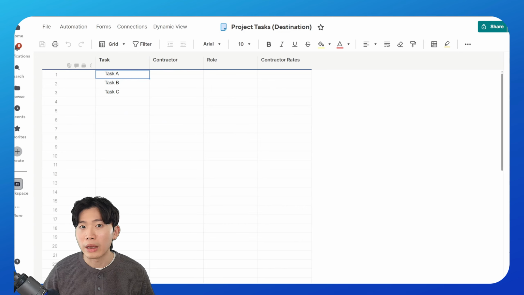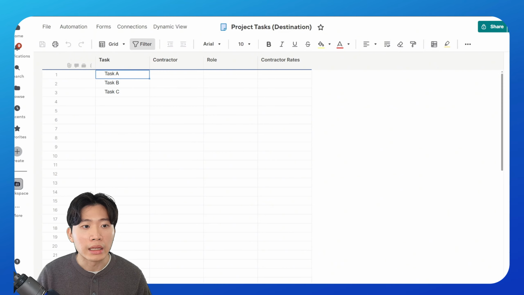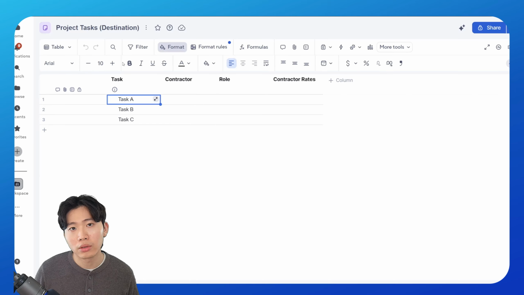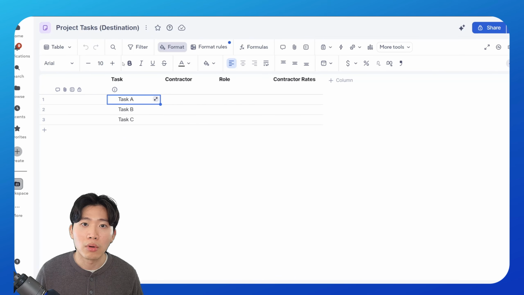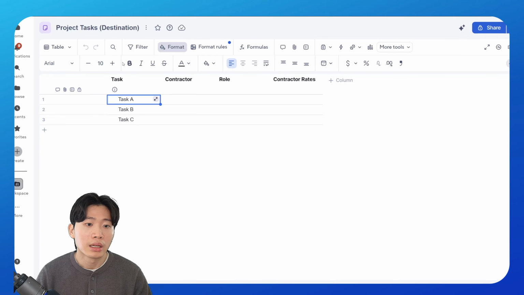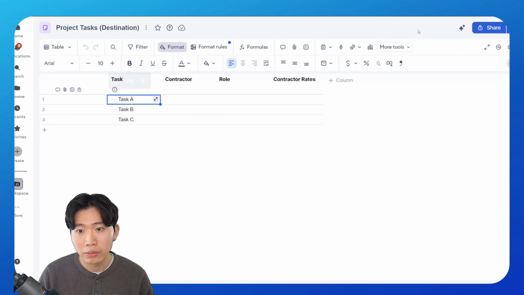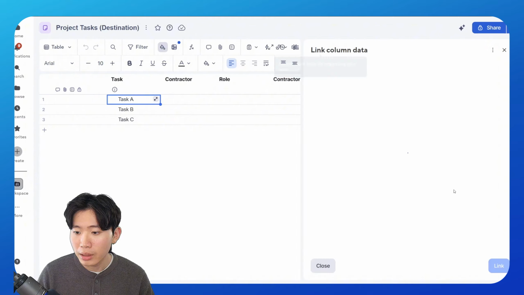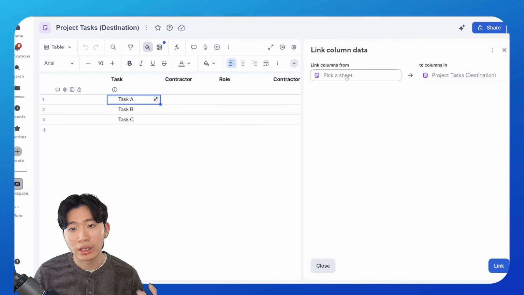So in order to set up a column link as well as a dynamic dropdown, we will have to do it in the table view. Now, for those who are unfamiliar with the table view, it is basically an enhanced view that is new to Smartsheet that supports more rows and is generally faster than your traditional grid view. Now, in order to set up a column link, we'll have to go to More Tools, go to Link Column Data, click this, and now we'll have to pick a sheet, the source sheet in which we will be referencing,